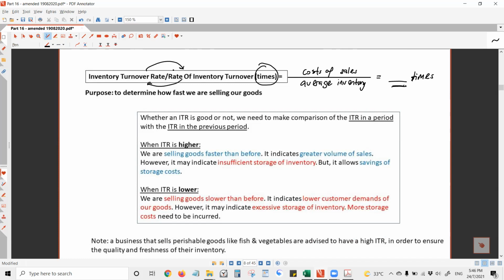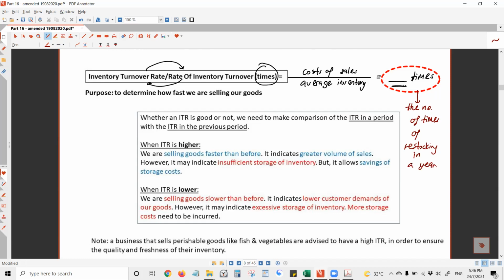Okay, so let me tell you what this result would mean when you do the calculation. This result refers to the number of times of restocking. You write down: this is the number of times of restocking in a year. That means how many times you have placed an order with your supplier to buy the goods. Restock means you buy goods to